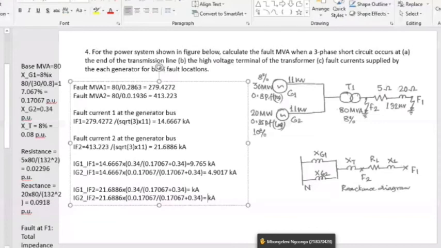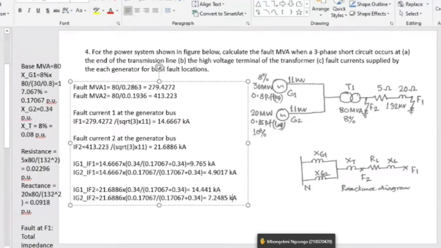14.441 is the first one, 14.441 kiloamperes, and the second one is how much? 7.2485, so that many kiloamperes. Again, if we add these two, 14.441 and 7.2485, you wrote there 7.2485, then we should get that